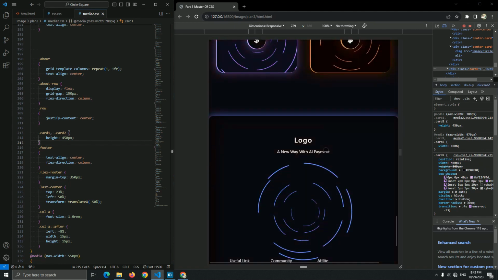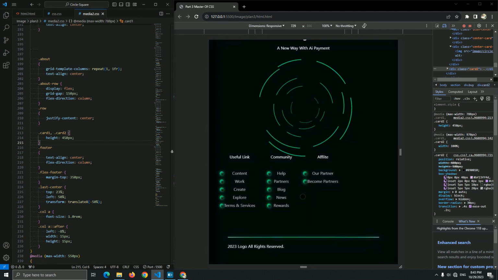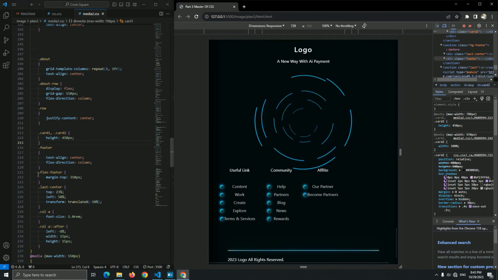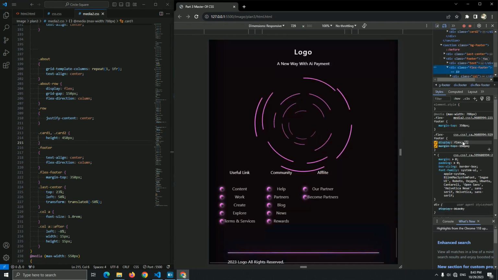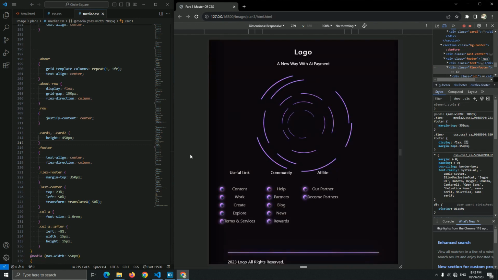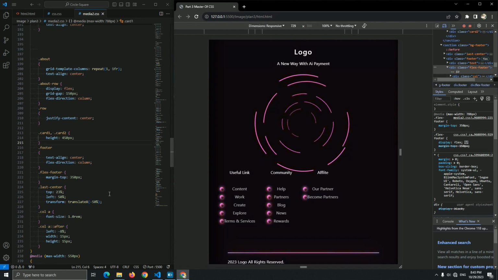We add the flex section column to be a next line. Okay, yes, better. Text align be a center, and the flex footer, we add a margin top. Oh yes, we add a margin top for this flex footer, as you can see it here, to not be in the same of this image, to add a distance or space between this image and this link, as you can see it. Yeah, I think now better.